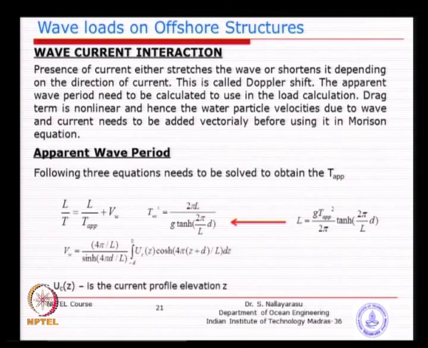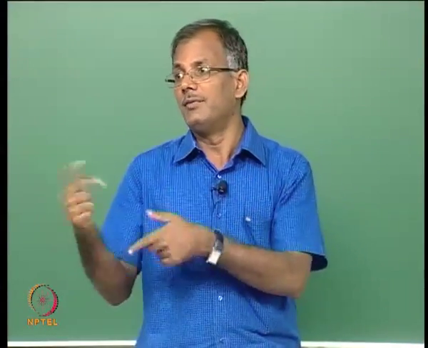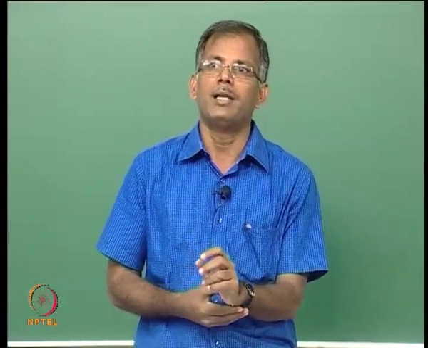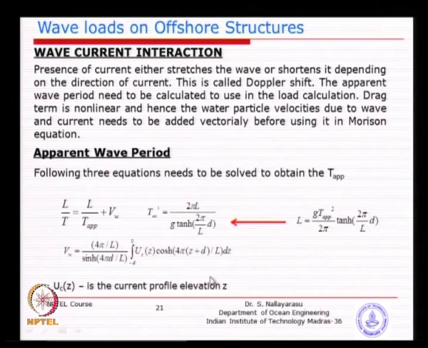Or you may be given a wave table in your classroom exercises. Once they give you that, we can do an example problem in our class. I think you will definitely be given it. If you are given a wave period, you can use the table to find the wavelength. Once you find the wavelength, you can find all the parameters like velocity and acceleration, because you need the wavelength to start the computation. Then calculate the velocity and acceleration, substitute into the Morrison equation, find the wave force, and then do further steps.